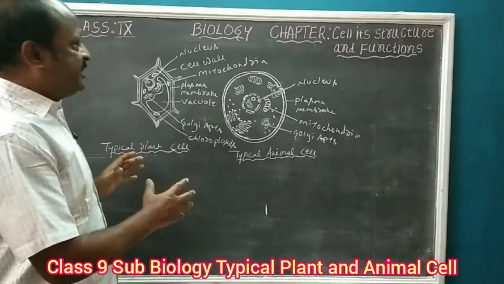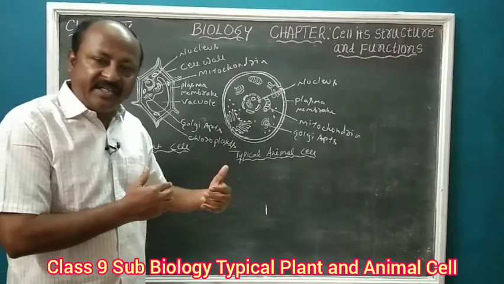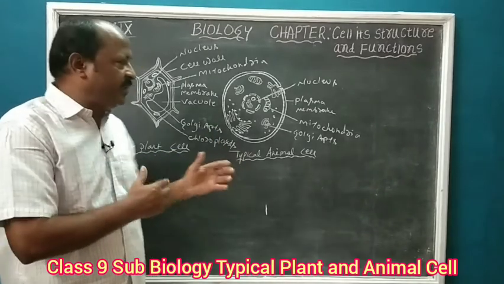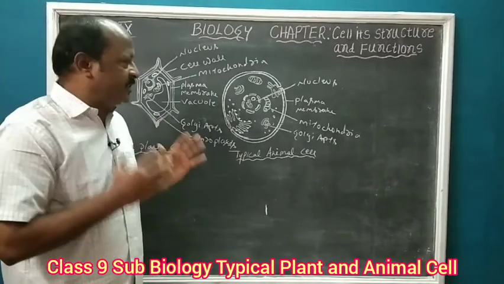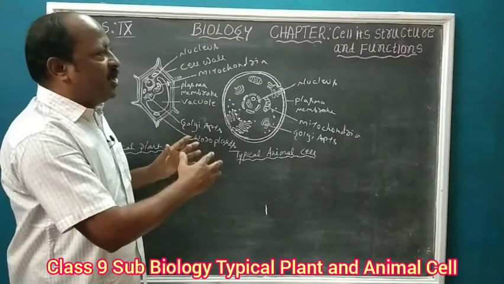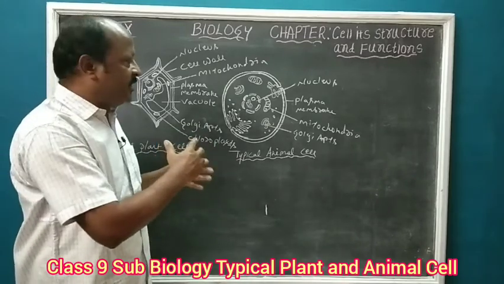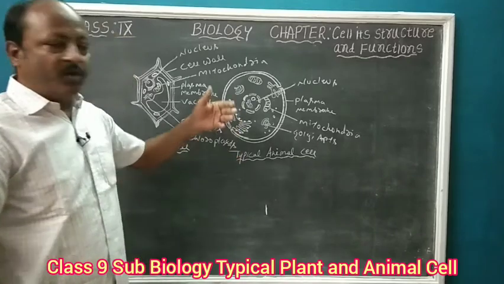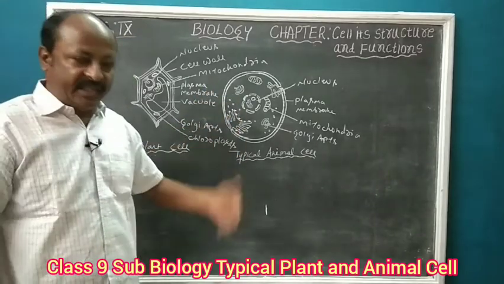Okay, so like this, with the help of the typical cells, we can study the similarities and differences between different cells. Okay, in the next classes, let us talk about the other cell organelles, we have got mitochondria, Golgi apparatus, and all those things we will study in the next class.